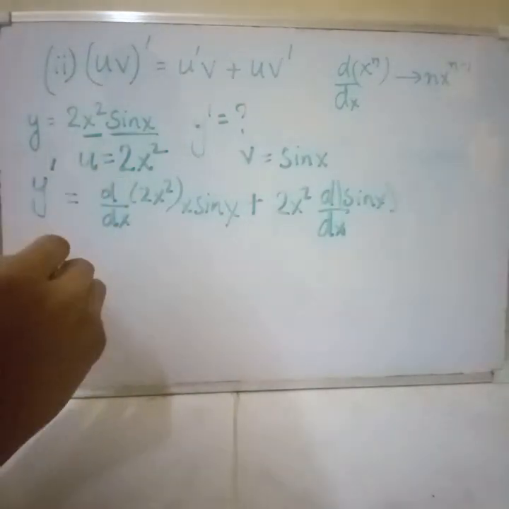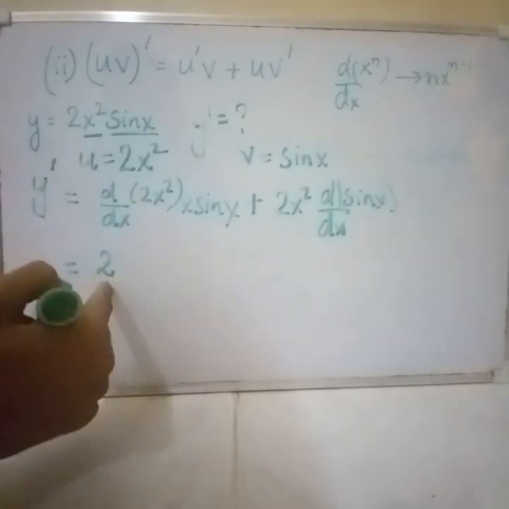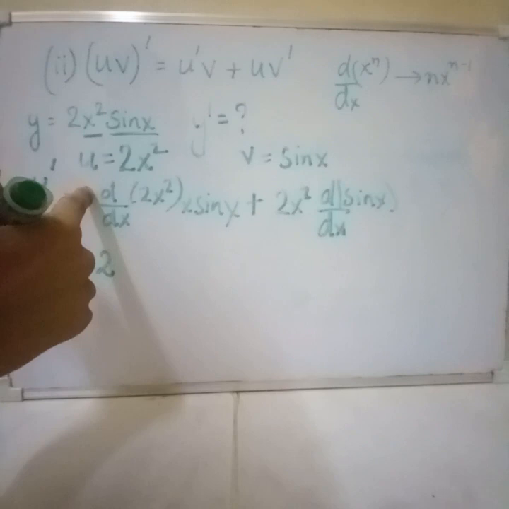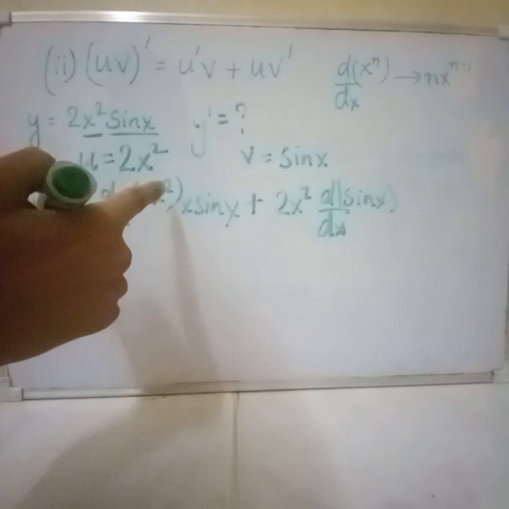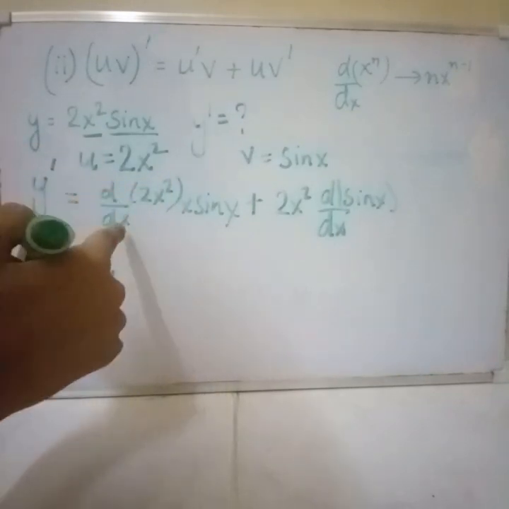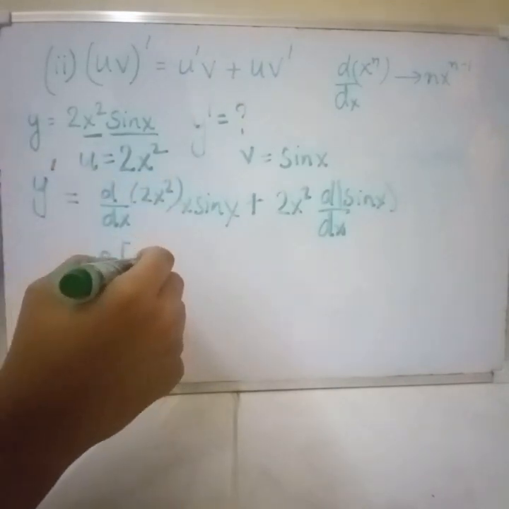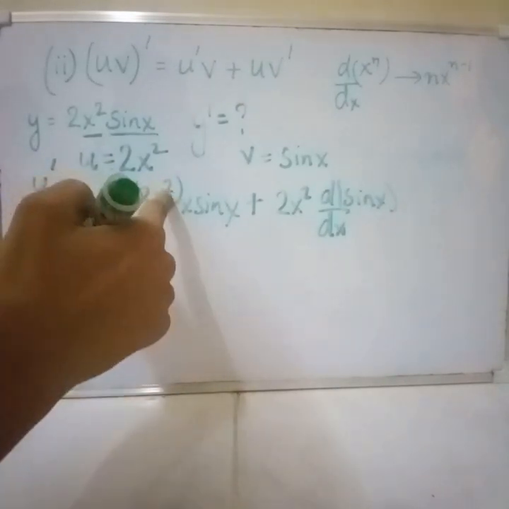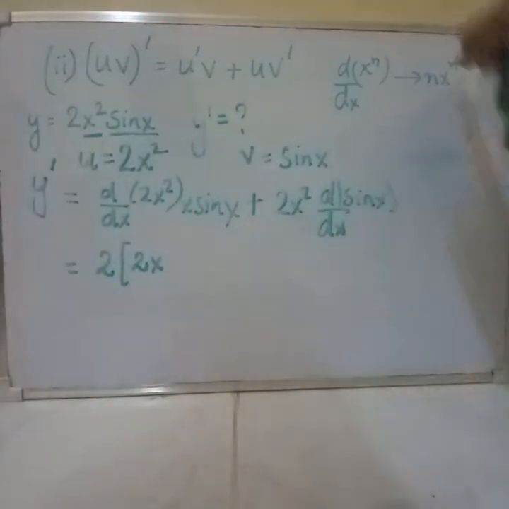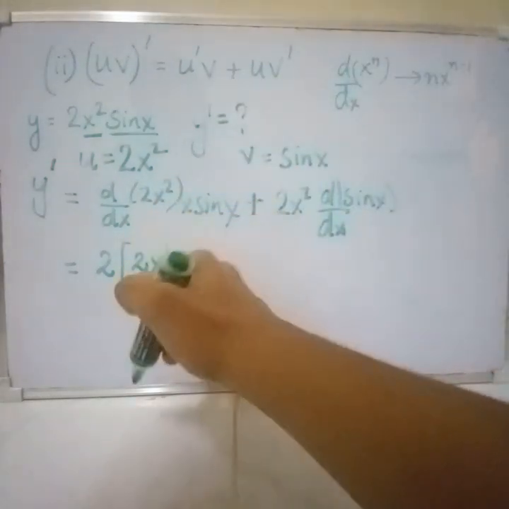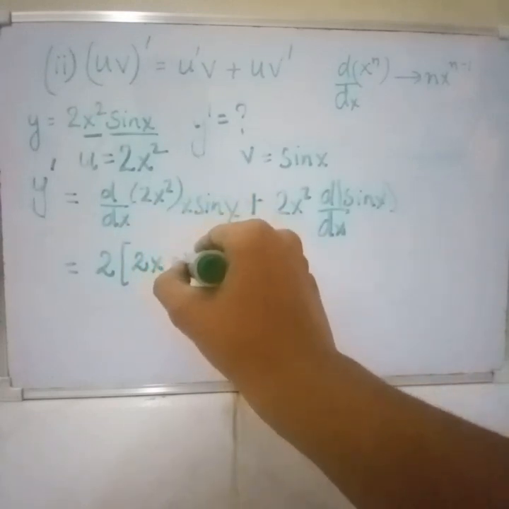Now if you check, 2 is a constant, so we can take it outside the differentiation also. We'll be only doing the differentiation with x squared here. So d by dx of x squared will be, first we have to write the power, then x, then raised to the power 2 minus 1. So 2 minus 1 will be 1, right? So we can write it as 2x itself. Then it is multiplied with sin x